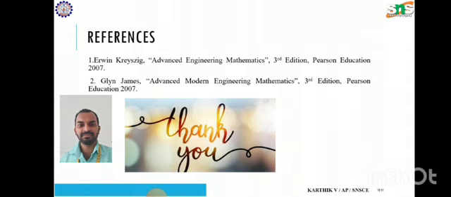Some real world applications of partial differential equations. Partial derivatives are used in basic laws of physics, for example, Newton's law of linear motion, Maxwell's equations, Einstein's equation in general relativity. In economics, we use a partial derivative to check what happens to other variables while keeping one variable constant. There are three types of second order partial differential equations. First one is elliptic, second one is hyperbolic, third one is parabolic.